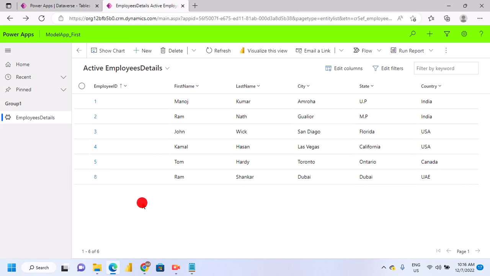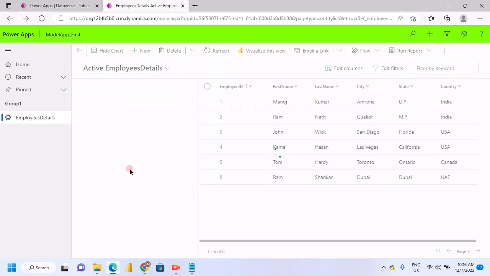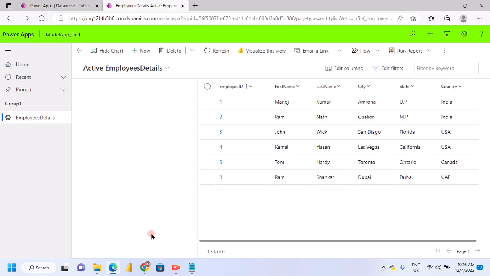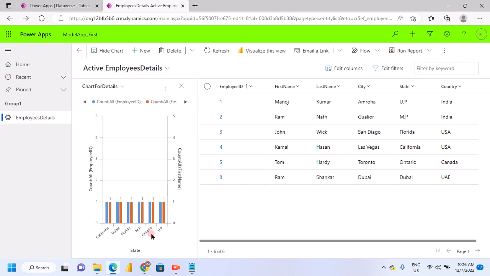So see the chart. Okay, so this is our chart for detail. So you can modify the chart and update this. So basically you add on from here. And now I will show you